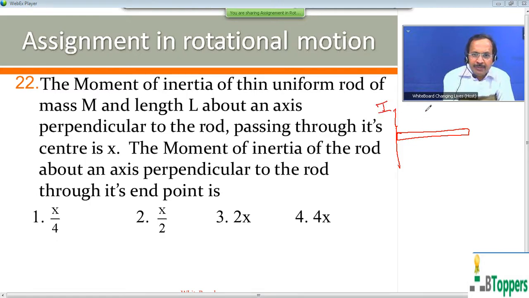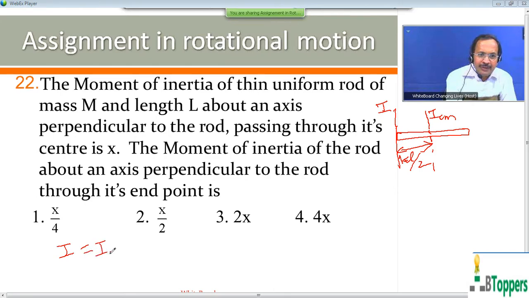let I denote the moment of inertia of the rod about the axis passing through one of the ends and perpendicular to length, and ICM denote the moment of inertia of the rod about the axis perpendicular to length and passing through center of mass. The perpendicular distance h between the two axes is L by 2. So from parallel axis theorem, I already explained you this calculation in the theory part. I equal ICM plus mh square. So moment of inertia of the rod about the axis passing through its center of mass is given by ml square by 12.